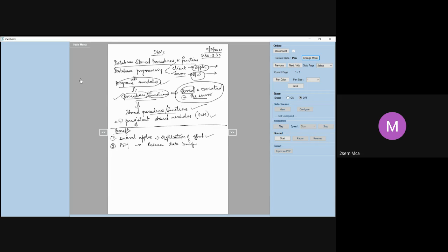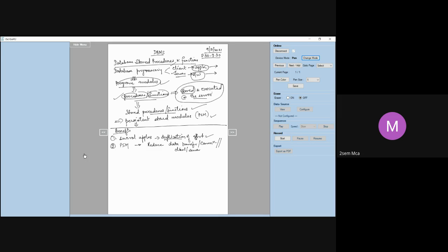I need not do any kind of communication between the client and the server. It is not required because I'm storing it, I'm executing it at the server only. So I'm reducing on data transfer, I'm reducing on the communication cost. That is one more important benefit of using stored procedures.